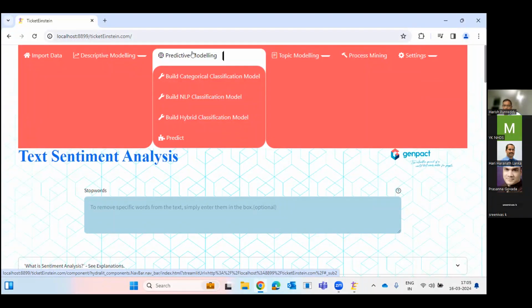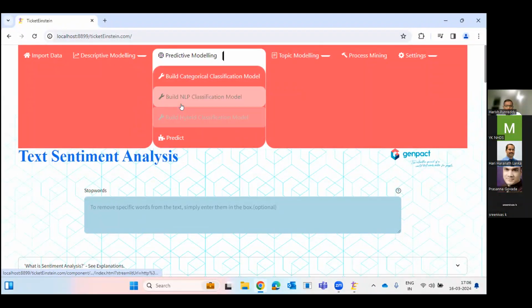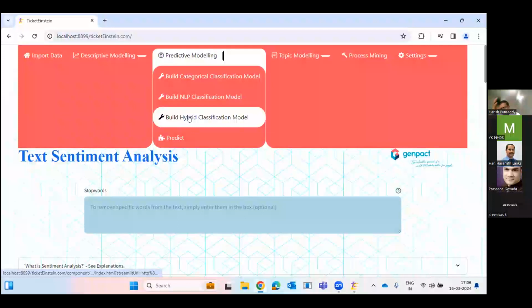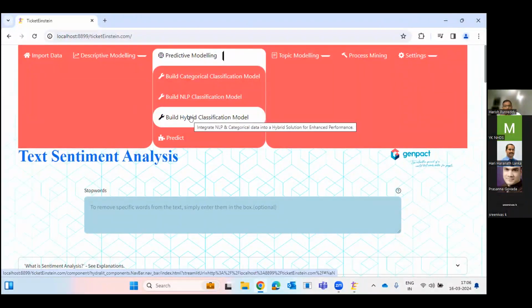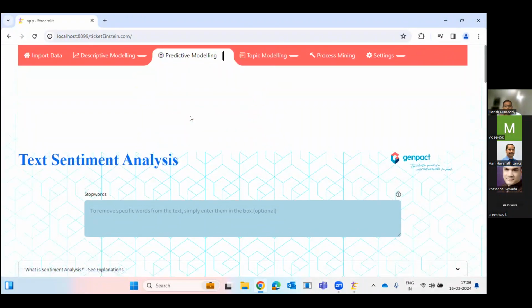They used to have, say, a CI as an input, a contact type, say it comes through a phone or a call or a chat kind of a perspective. So those kind of categories we used to take and build a prediction model. It can be purely using the text data, which is basically the short description, or it might be both, wherein we use the categorical data as well as the free text, which is called a hybrid classification. And let's spend our energies today in building a hybrid classification.